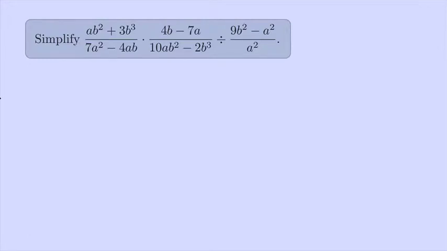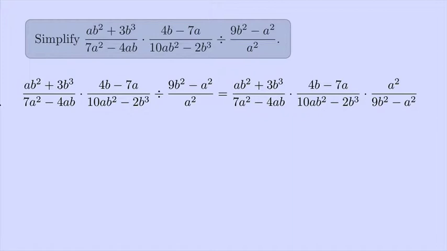In this problem, we're going to simplify (ab² + 3b³)/(7a² − 4ab) × (4b − 7a)/(10ab² − 2b³) ÷ (9b² − a²)/a². That's a mouthful. All right, first thing we're going to do is rewrite the last term to